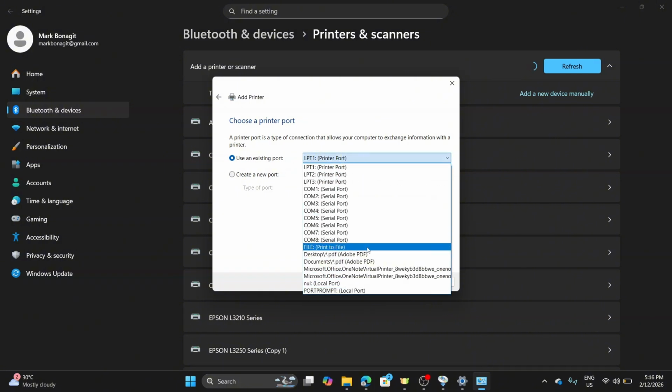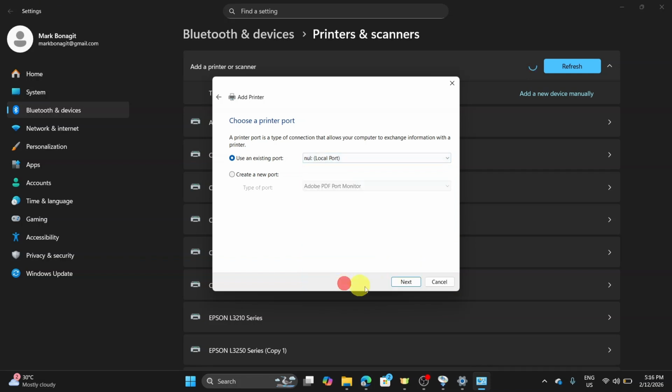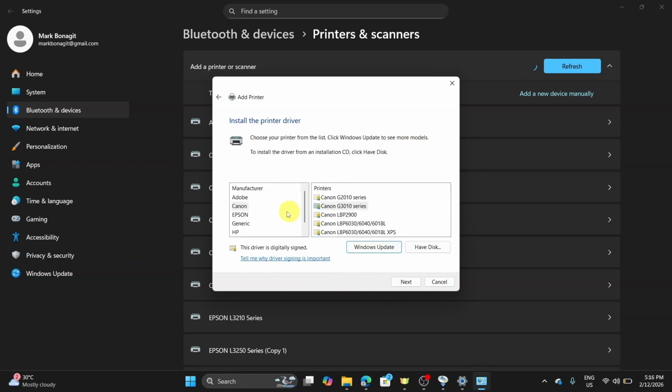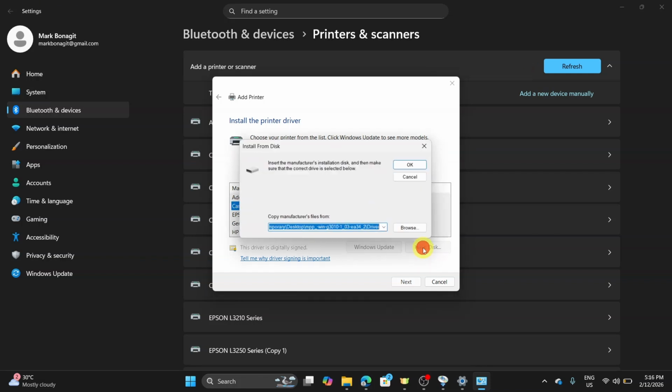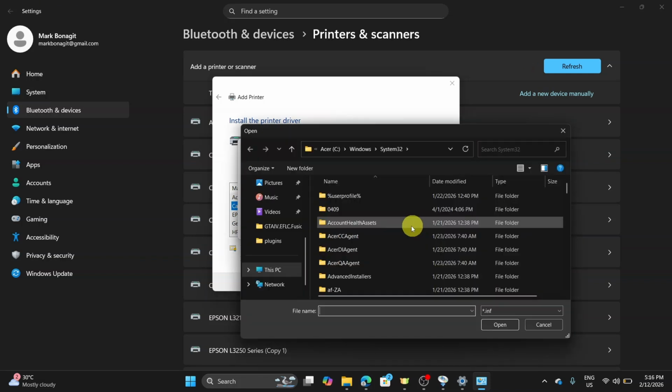So if you see it, make sure that you choose it. So in my case, I don't have that, so I'm just gonna click on null and then click on next. After that, just choose the manufacturer right here, which is Canon. And then for this, we're going to click on have disk and then click on browse